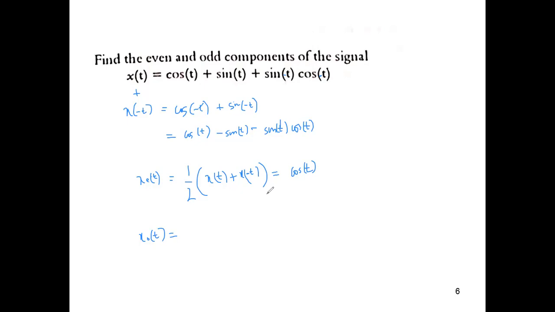Sir, I got the answer. Okay, so what is your answer? Minus sin t plus sin t cos t. Taking 2 outside and cancelling the denominator 2 and numerator 2, the final answer will be sin t plus sin t cos t.